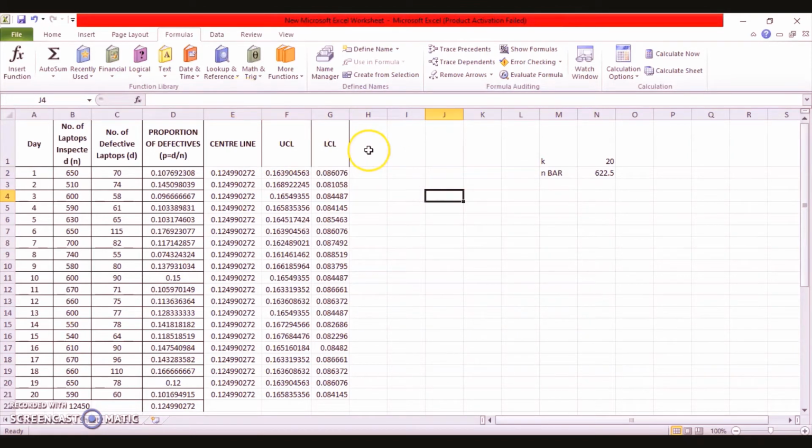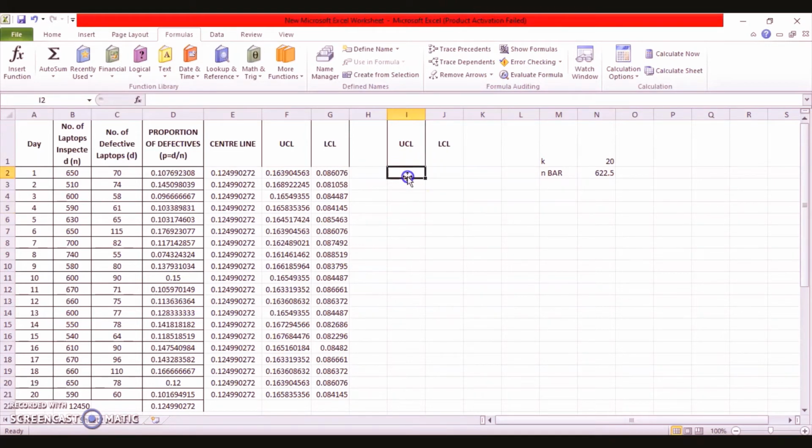For that purpose our central line will be the same. I'll be writing another value for the upper control limit and lower control limit by using the second approach, in which the control limits are calculated using the average sample size.